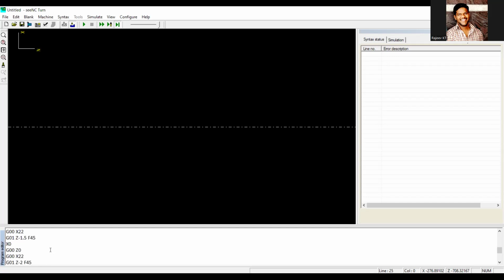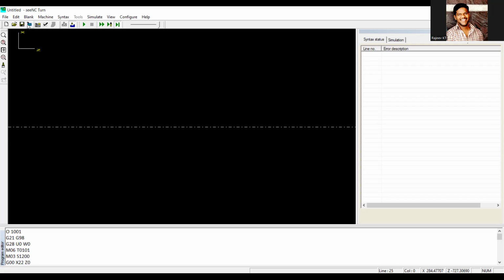Once we write a program, we have to write the programs manually here. After writing a program, we have to give the machine inputs and parameters, meaning billet size, what type of machine, what type of tool we have to use, everything we have to give here. So what I will do, first thing,